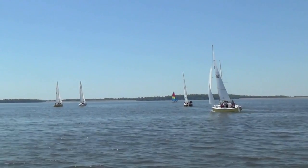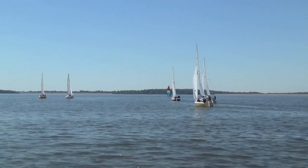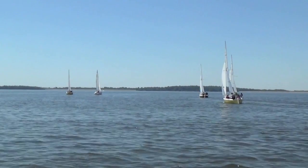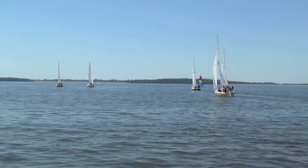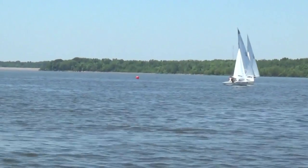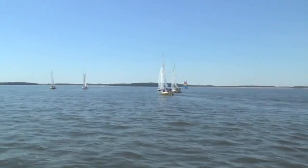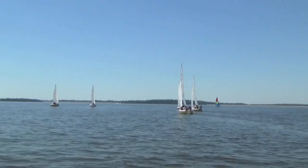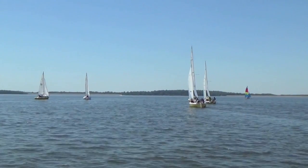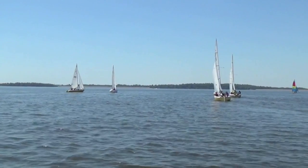So here are the 5 San Juans. They've just started the race. They're all on starboard tack, and they're all heading for that mark. So eventually, they're all going to have to tack, so they should all be aware of the boats around them. So here goes the first boat,